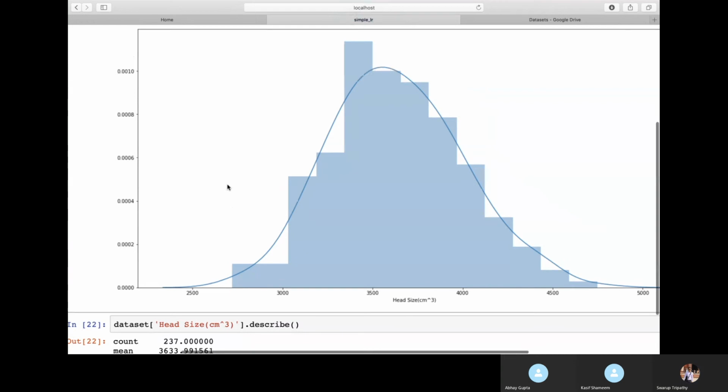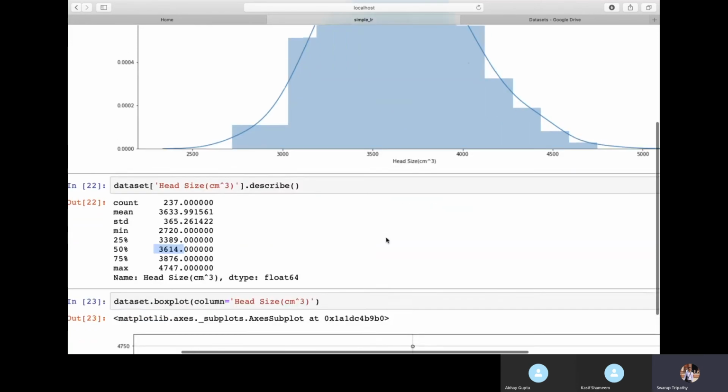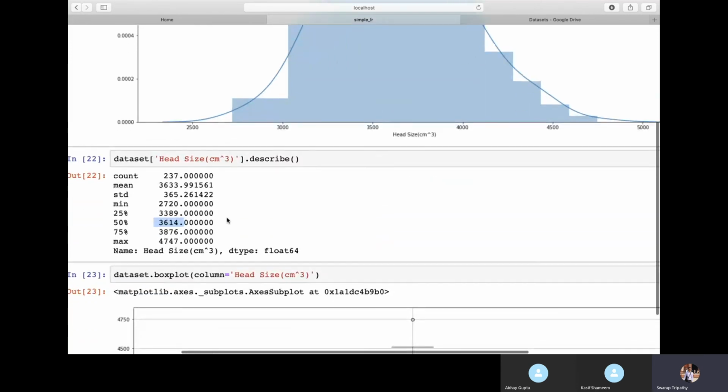Here you can see more data is there, this range is also more, so more data is on the lower part. It's a little bit skewed on the right side, so it is positively skewed. You can figure that out from the mean and median. Also, if you do dot skew, it will give you the answer. After dot describe, you can write dot skew. It will give you a positive value if it is positively skewed, and a negative value if it is negatively skewed.